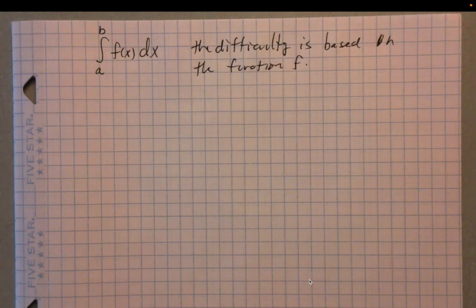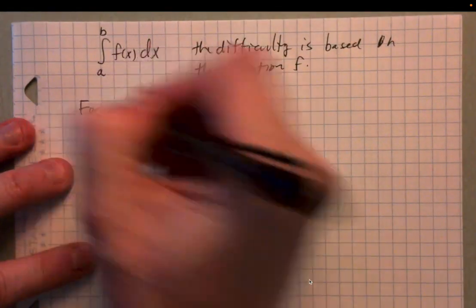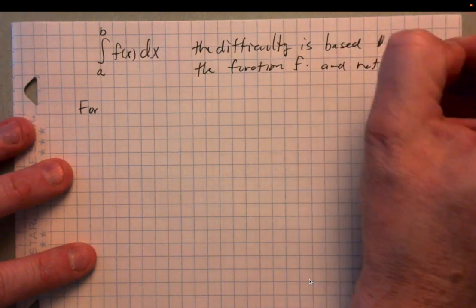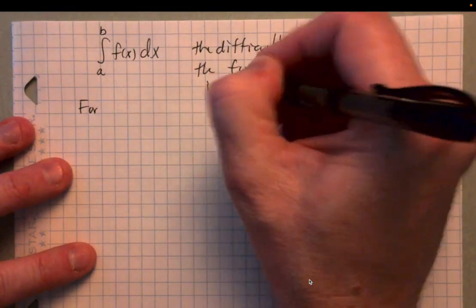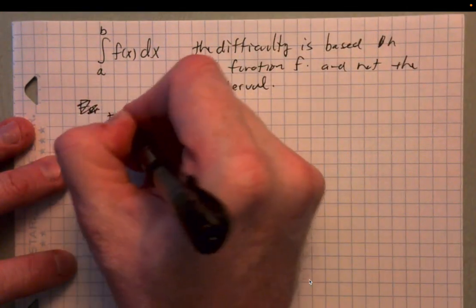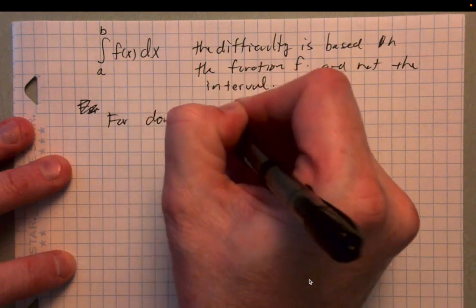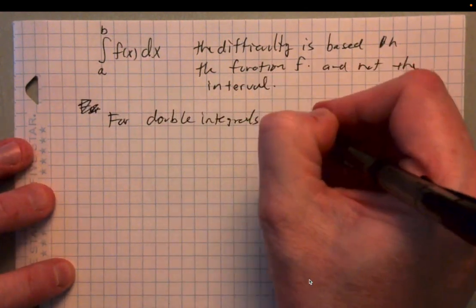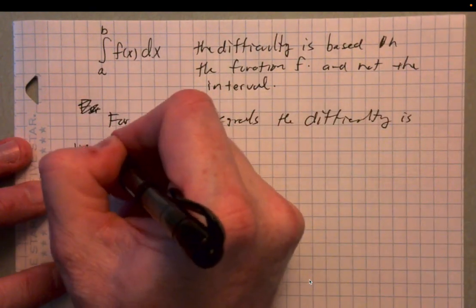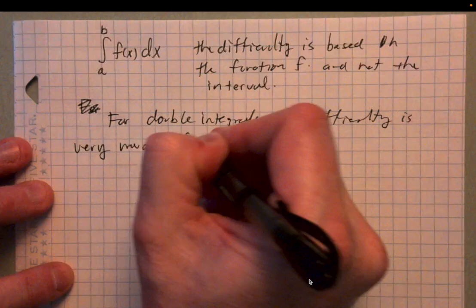With double integrals, it's a totally different story. For double integrals, the difficulty is very significantly influenced by the region. So the difficulty is based on the function f and not the interval. That's what we have in single variable calculus, with an integral like this. But for double integrals, the difficulty is very much influenced